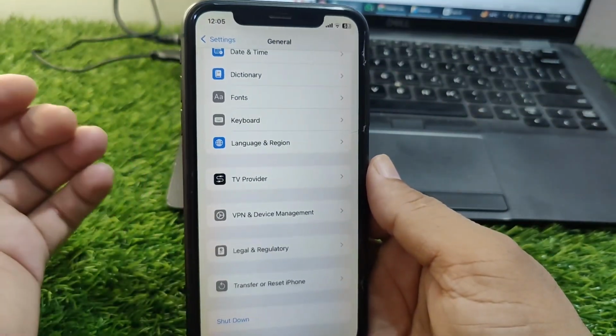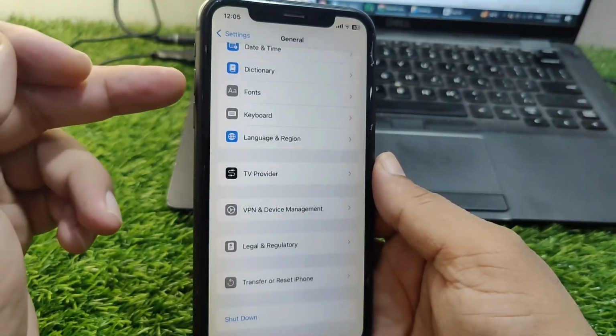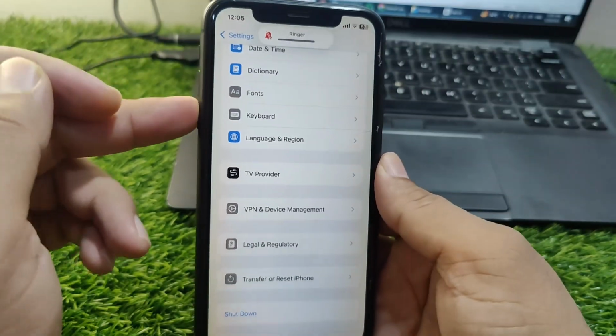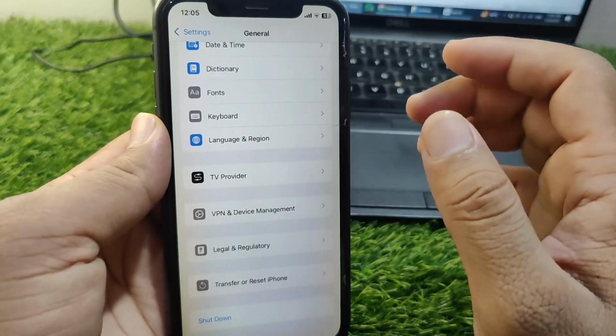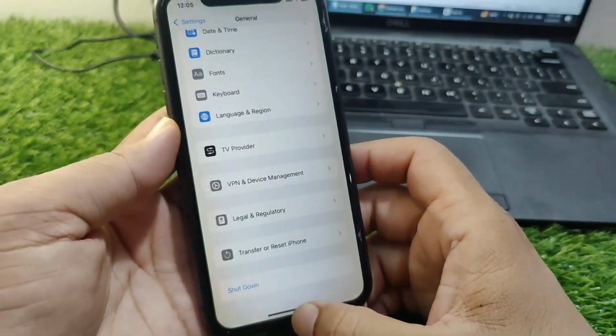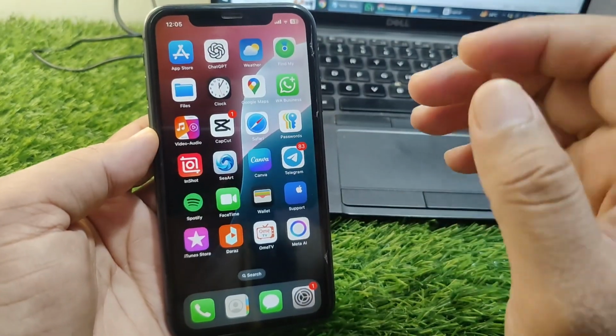then force restart your device one time as well. So guys, for that, press and release the volume up button and then volume down, and keep holding the power button until your device force restarts. So guys, do this and check if the problem is fixed or not, and if the problem is still there,